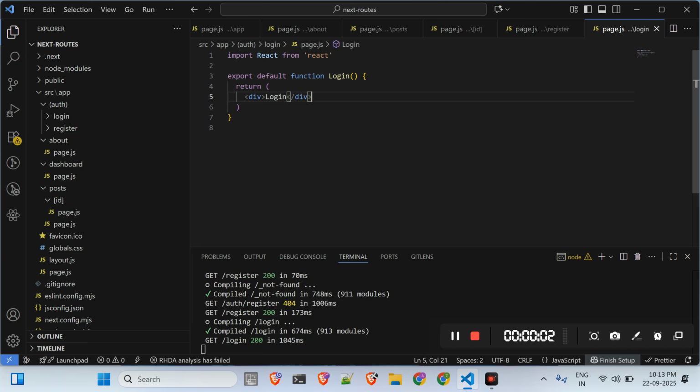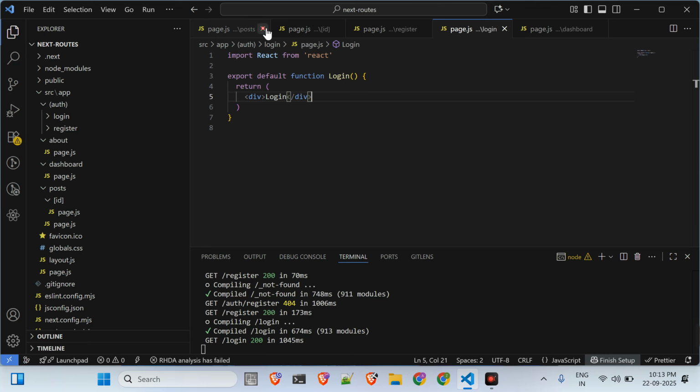Hey, what's up guys? Welcome to this tutorial of Next.js, and in this tutorial we will see how to create a private folder. So as of now we have seen how to create the routes,